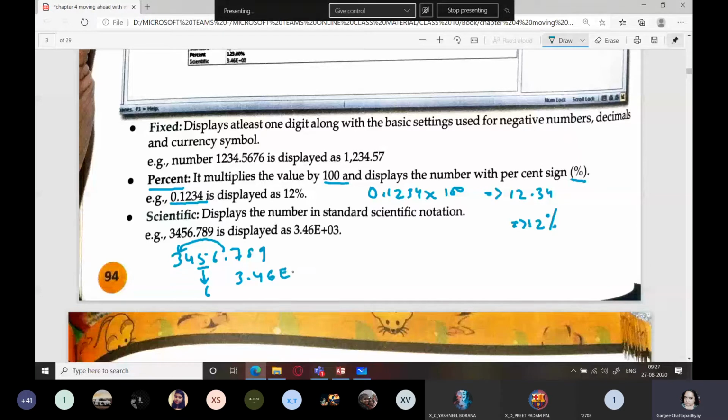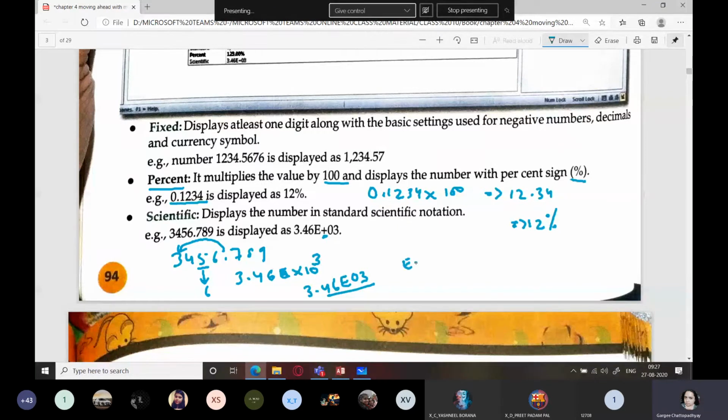How many digits did you shift? 3 digits. Into 10 raised to the power 3, which will be written as E03. Normally, even if you have not specified this plus, it is considered as plus. If it is written as E minus 03, it means into 10 raised to the power minus 3. Understood?